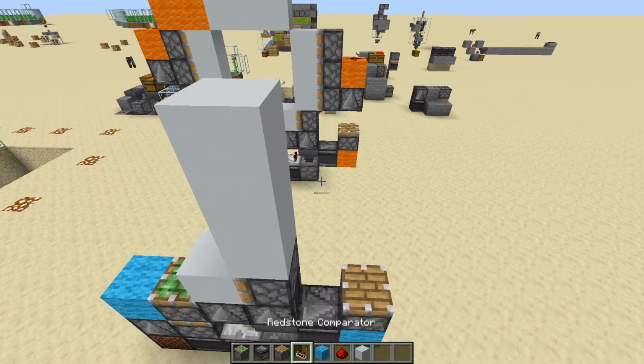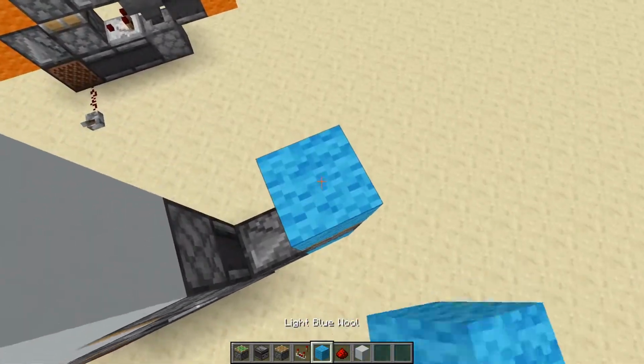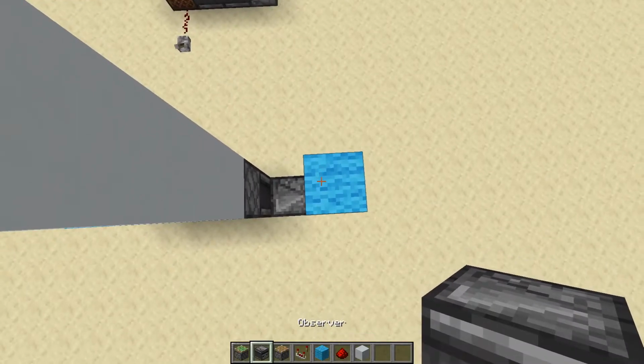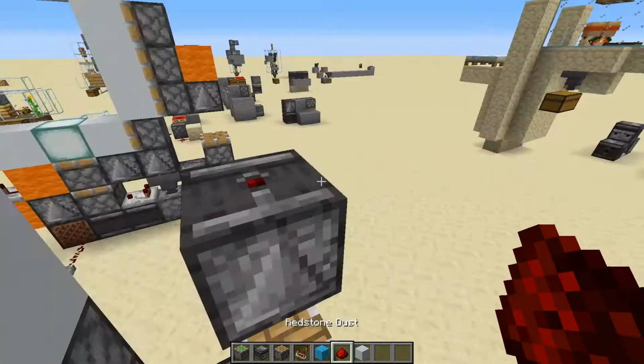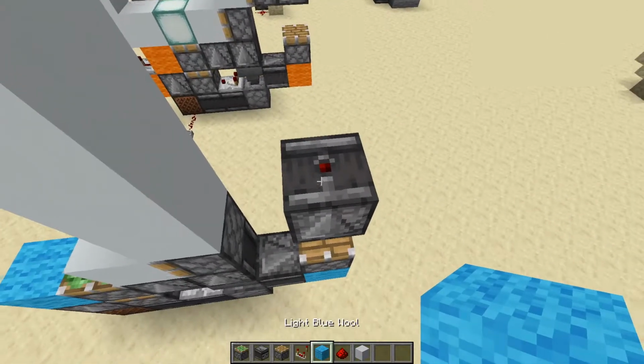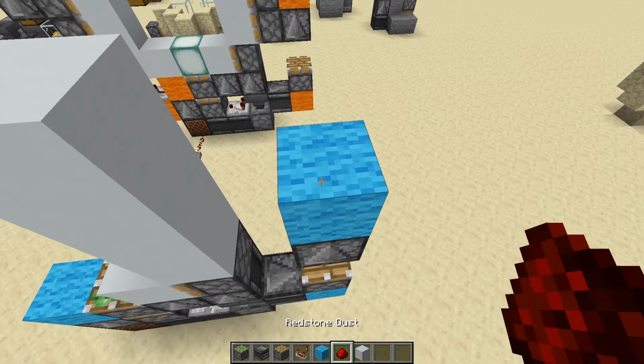Then what we'll do is take a temporary block and place it on top of this piston, and then we'll place an observer looking into that temporary block, then remove that temporary block, and that'll trigger, but that's okay. Then place your building block on top of the observer, and then place a redstone dust